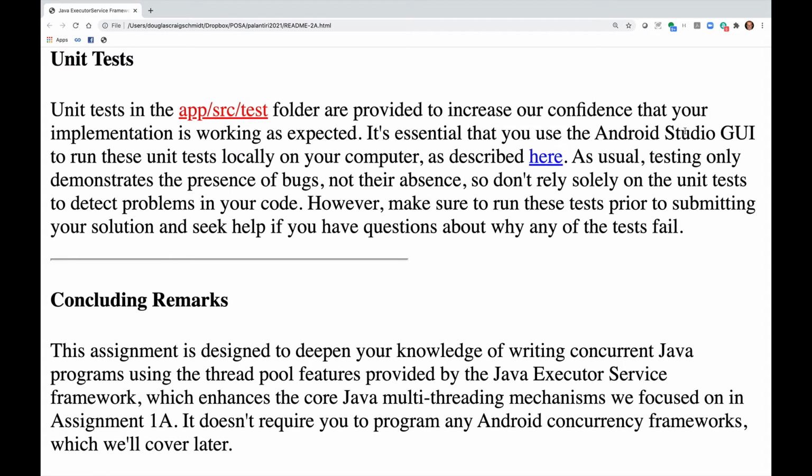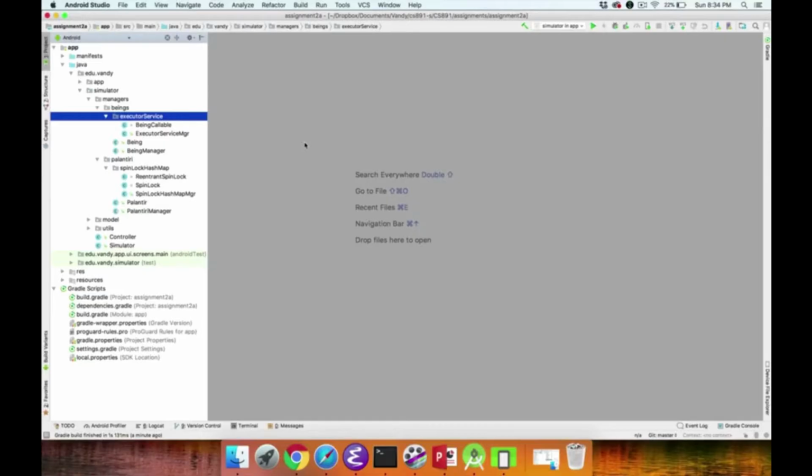This assignment is designed to deepen your knowledge of writing concurrent Java programs using the thread pool features provided by the Java Executor Service framework, which enhances the core Java multi-threading mechanisms we focused on in Assignment 1A. It doesn't require you to program using any Android concurrency frameworks, however, which we'll cover later in the course. Now that we've walked through the specification of the assignment, let's take a look at the skeleton code, starting with the